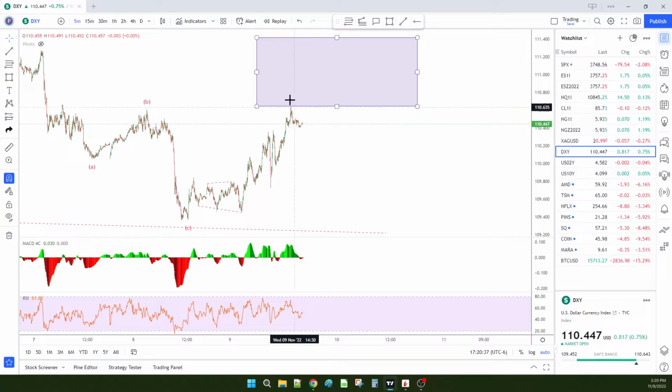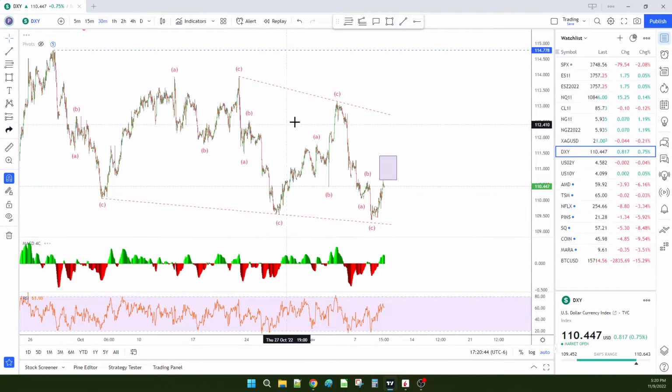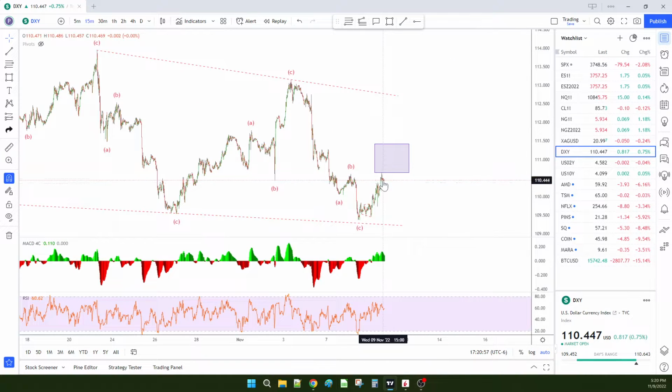Now it is interesting that it has stopped right at this zone that if it were to create a leading diagonal, this is exactly the zone that I would expect a reaction to take place. So I'm watching that very carefully. Going to see how this reacts. It hit the very bottom of this zone and has pulled back. So I want to see what happens, pretty much in the overnight session and into tomorrow morning.